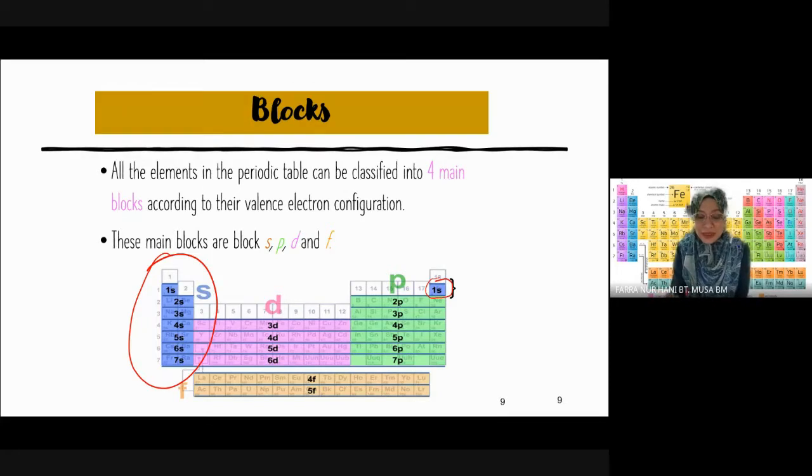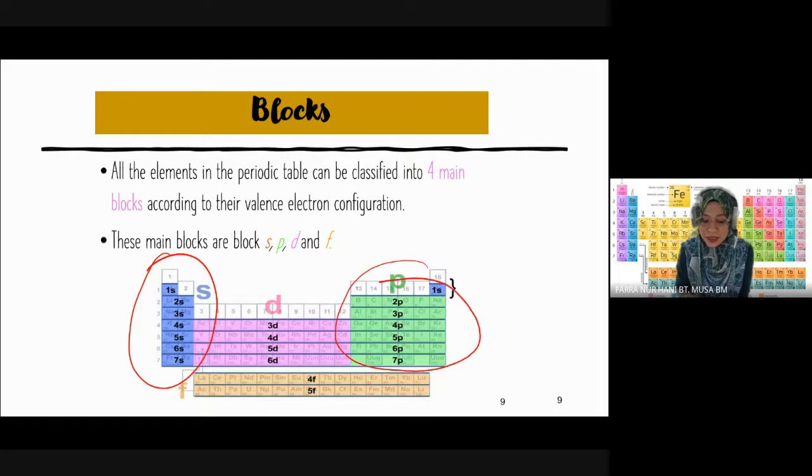Helium tu dia 1s2 saja kan, so should be in S block. Tapi dia punya properties same as halogens. That's why dia tempat kat sini. Okay, dia special case untuk dia lah. Okay, helium tu. Alright, so the